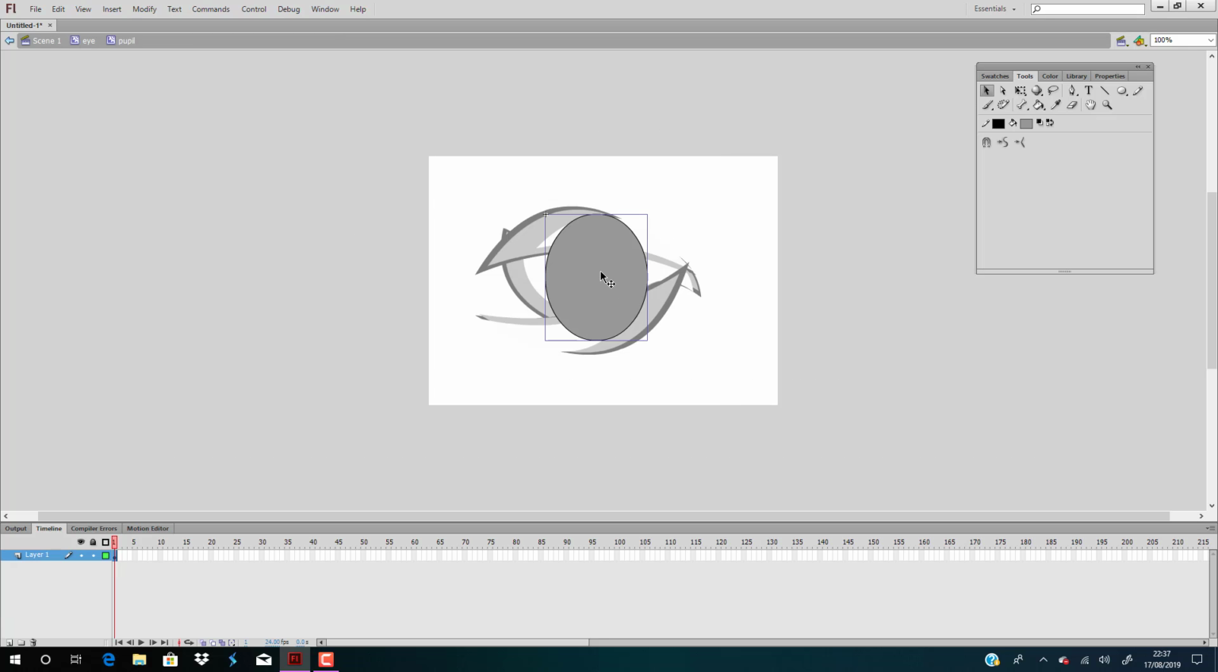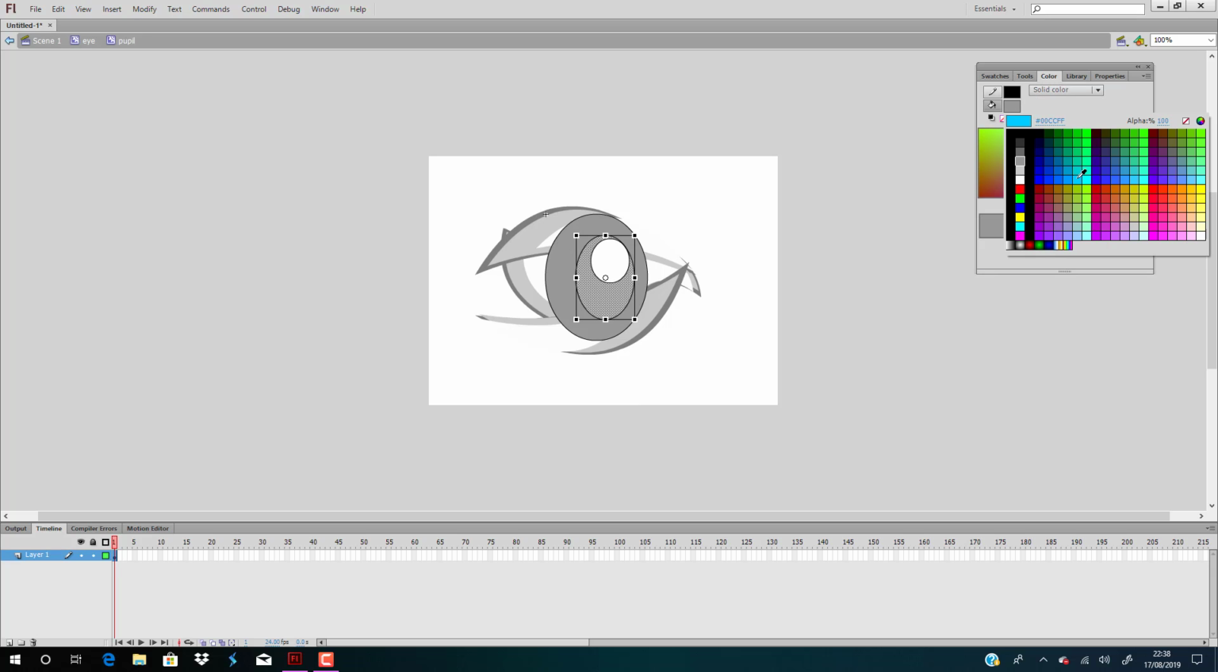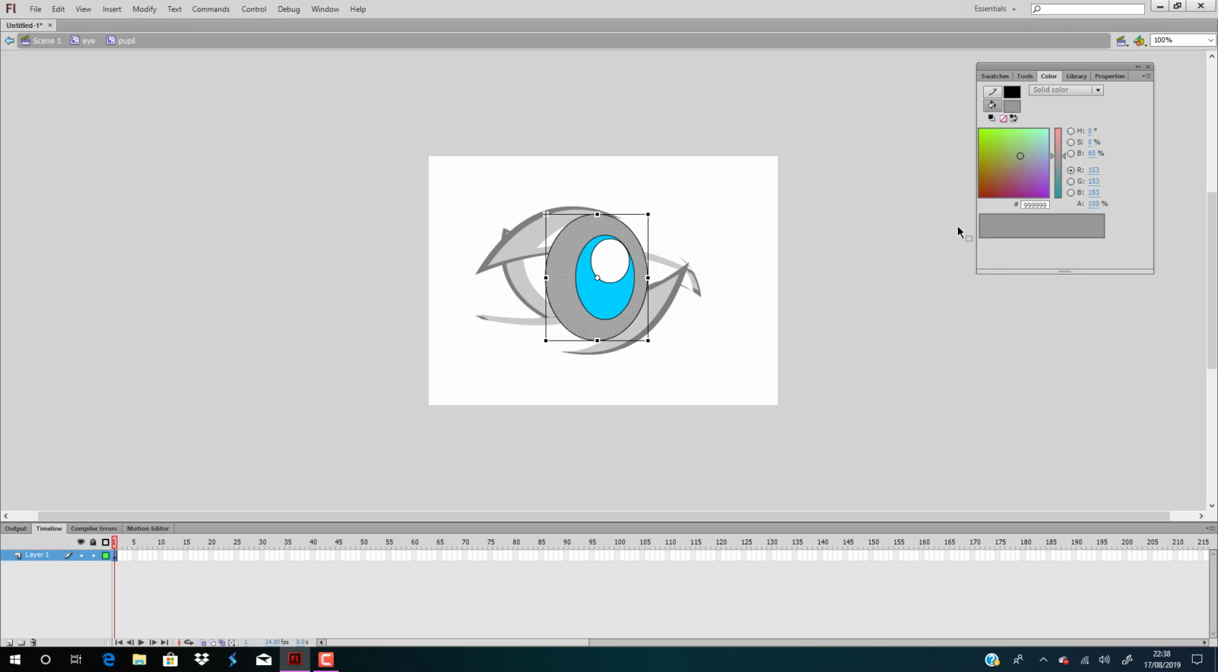and then Control B to break apart, Control C to copy, Control Shift V to paste in place, then do that there, then copy and paste in place again, make it even smaller, but do exactly that, make it white, because if you draw on paper, you know for a fact that this here should be blue, this here should be definitely black,